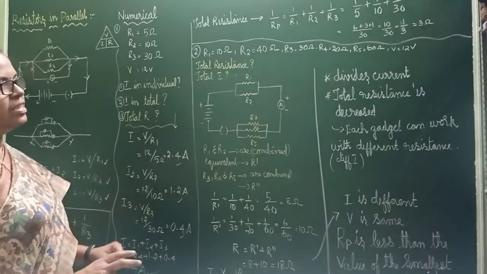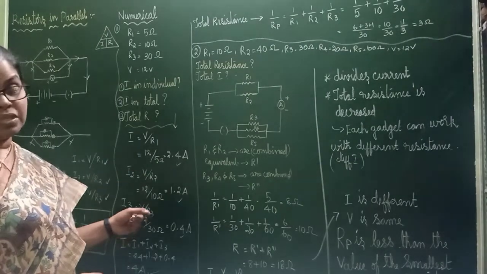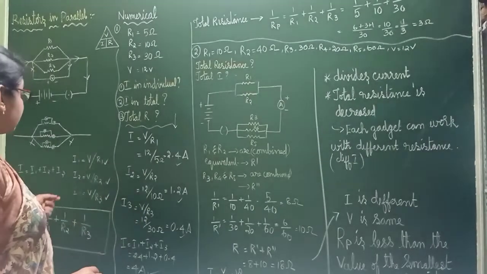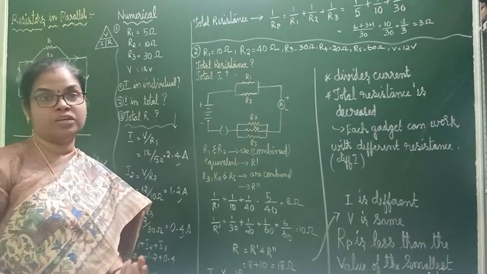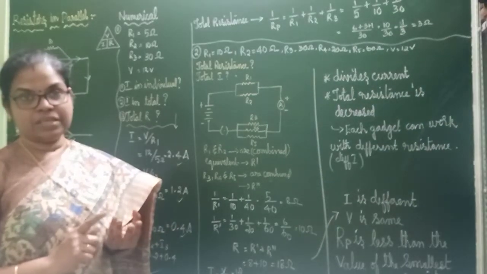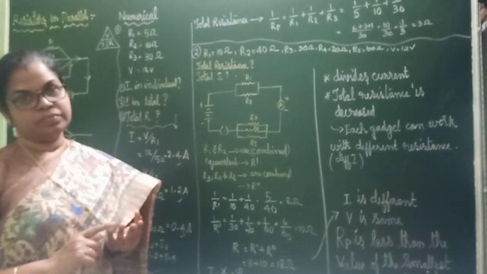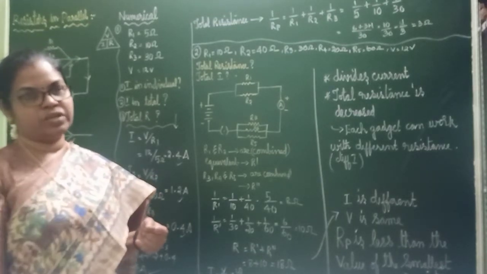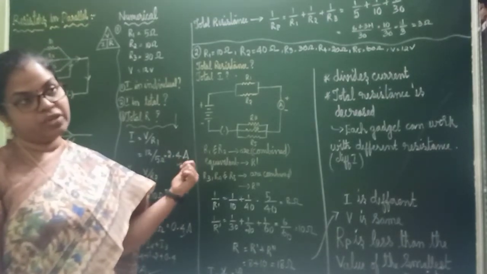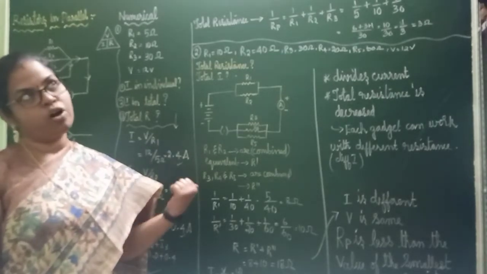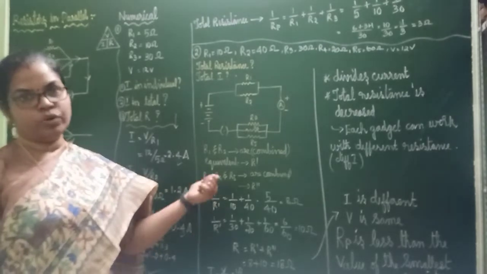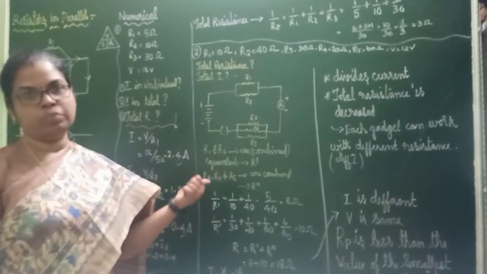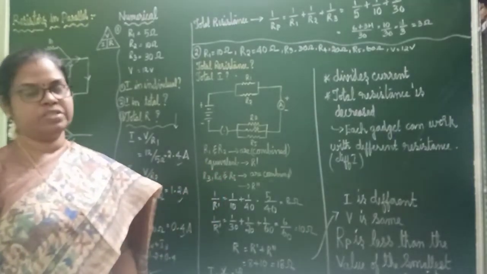So after studying these two things, what do we extract from this? The three important points, as in series we have taken, no? If they are connected in series, current is the same. Here in parallel, current is different. Their potential difference is different in series; here potential difference is the same. And the formula: RS is equal to R1 plus R2 plus R3, but here 1 by RP is equal to 1 by R1 plus 1 by R2 plus 1 by R3. Keep these three points in mind.